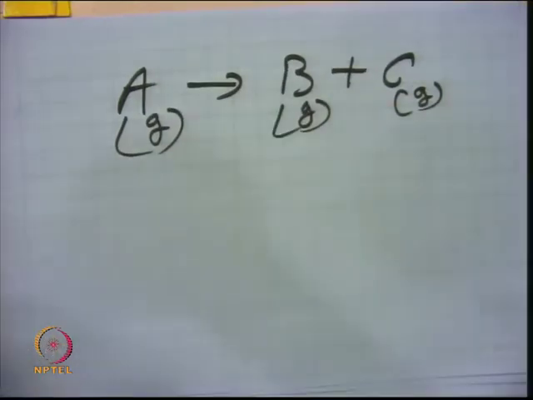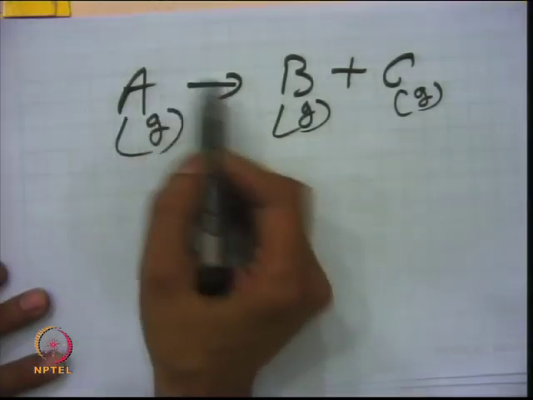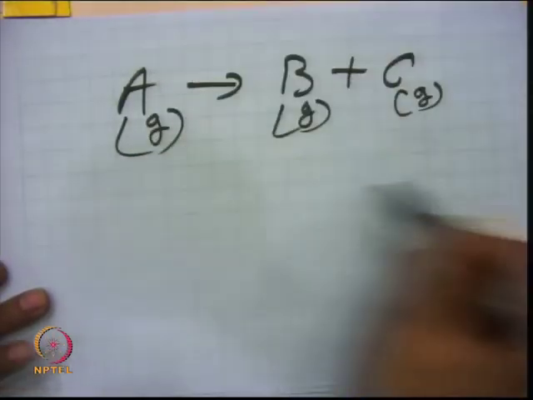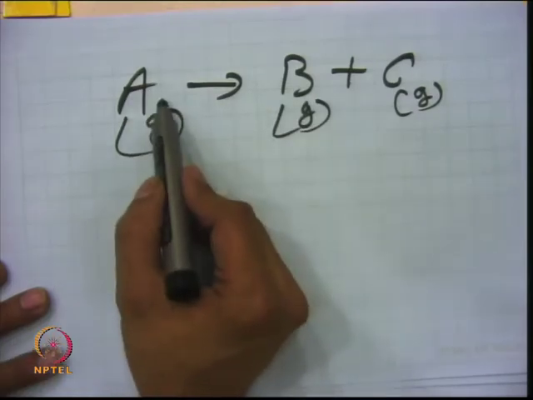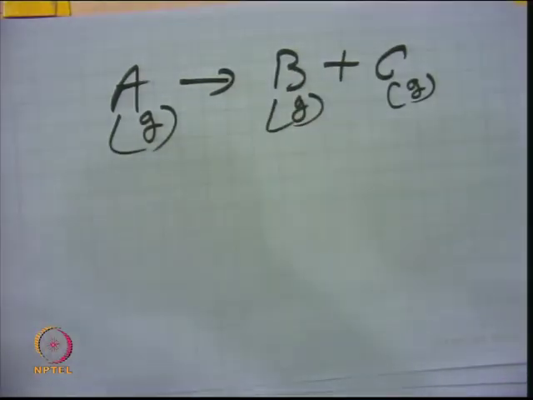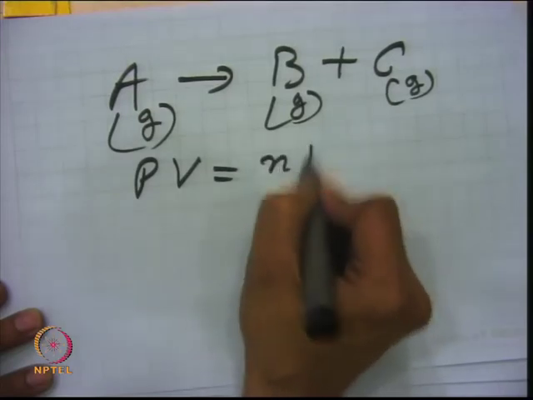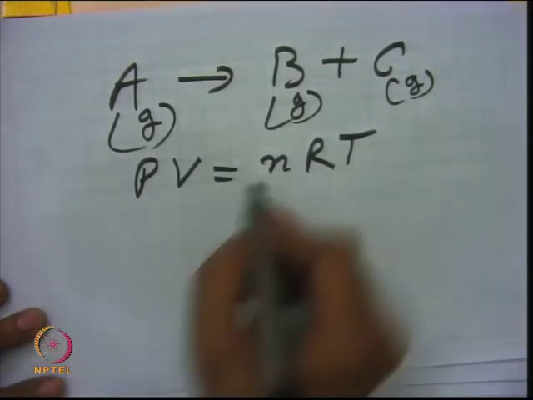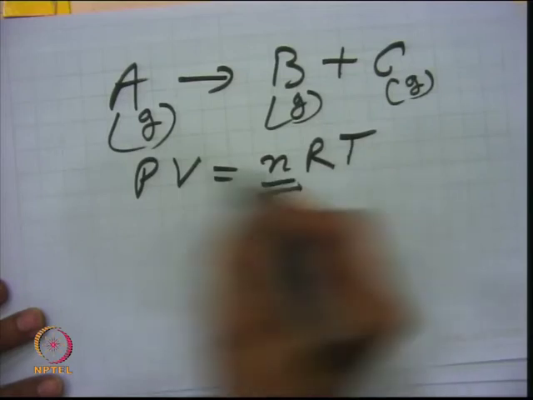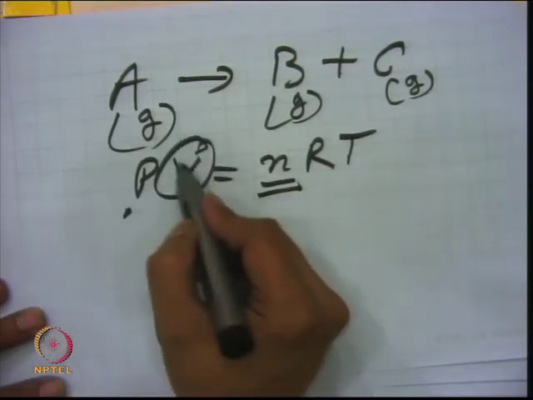So, it means the number of moles in the reactor for a given conversion will increase. If there is complete conversion, the final volume will be doubled, the number of moles will be 2 times the original moles if there is 100% conversion, right. If the moles are changing, you know PV is equal to nRT. If the number of moles are changing and the pressure is constant inside the reactor, suppose total pressure, then the volumetric flow rate is changing.